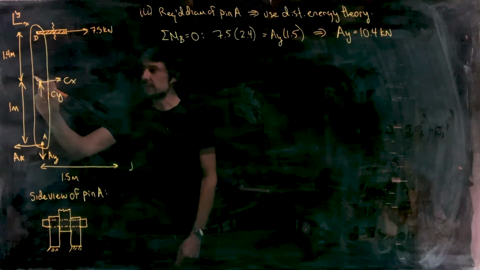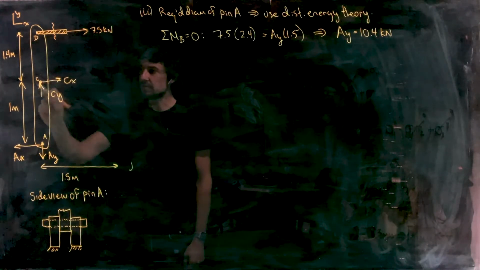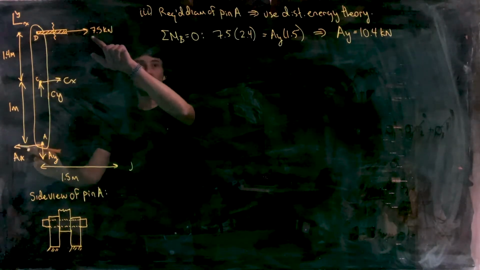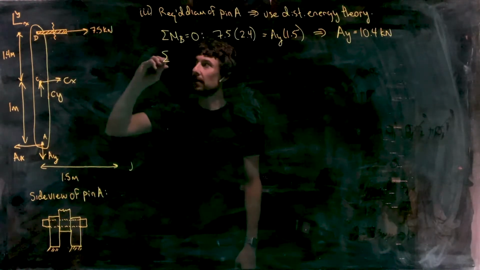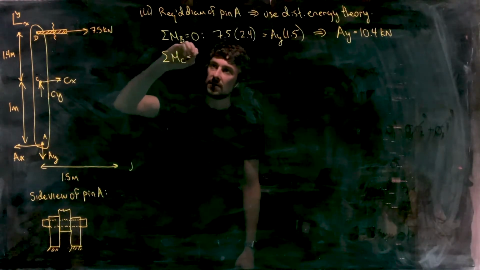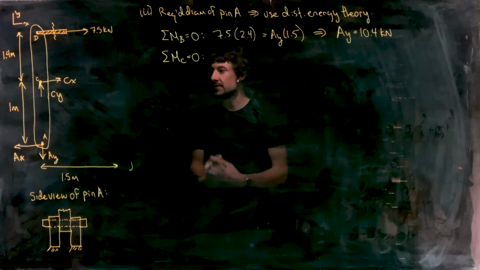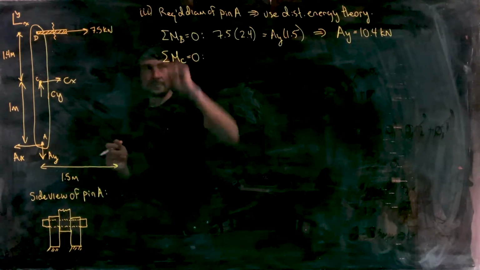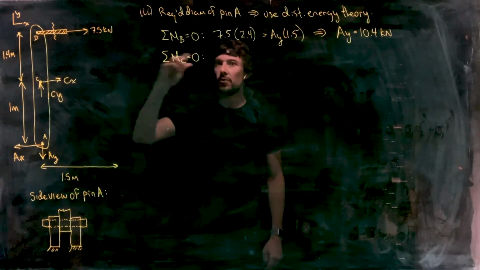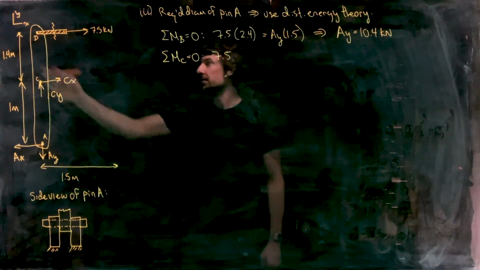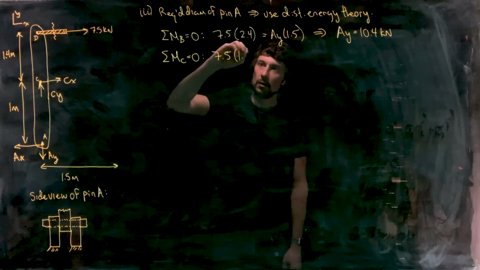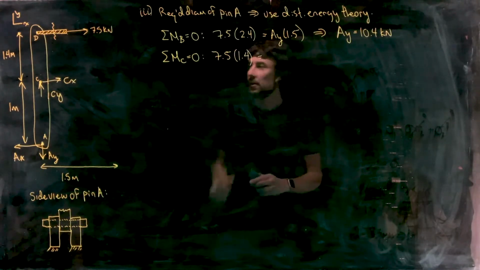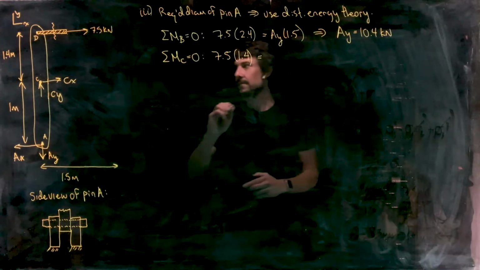So now, if we did a sum of the moments about point C, both CX and CY disappear, so does AY, and we're only left with AX in the 7.5. So that would give us what we're looking for. So sum of the moments about C has to be equal to 0 if this is in static equilibrium. And that, oops, that gives us what? 7.5 multiplied by 1.4. Said 1.4 and wrote 1.5. 1.4 is equal to AX